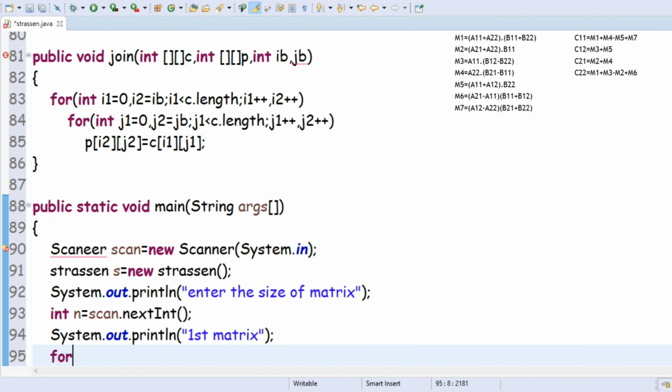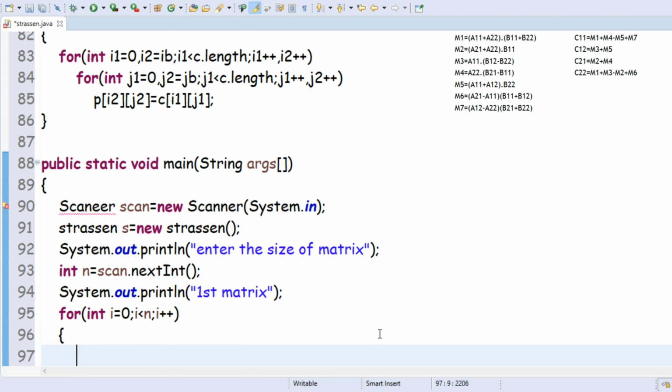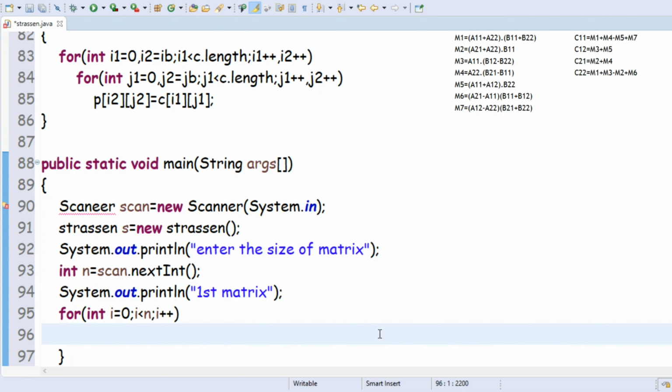So for that I am taking a for loop for int i equals to 0, i must be less than n, next after that i plus plus. Next for int j equals to 0, j must be less than n, j plus plus.